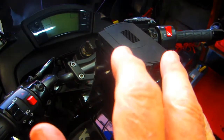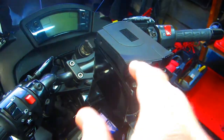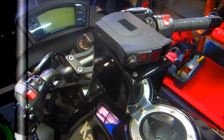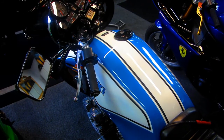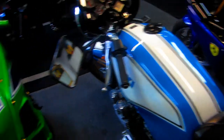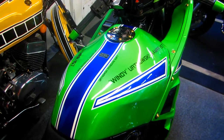It probably takes legit about 3 minutes to do the whole conversion from one motorcycle to the other, and that's within the range that I thought would be acceptable. Now if you only have one motorcycle, you can mount it up where all the stuff's permanently mounted, and of course that's beautiful. But in my case, what I want to do is I typically ride a different bike every